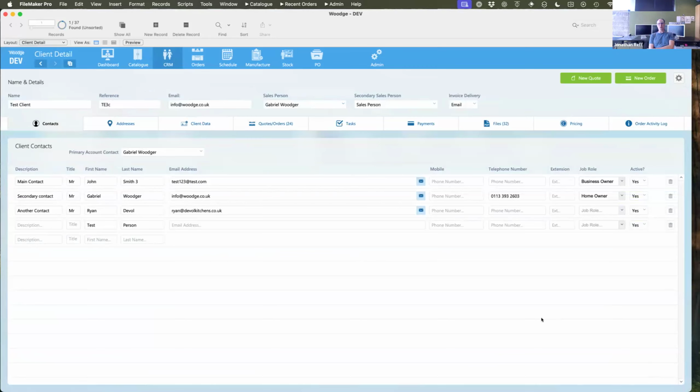There are some downsides of using a web viewer. In the way that you don't get the automatic data federation and updates that you would get in a FileMaker list view. If I go into the CRM and change this client's name, in a web viewer, I'm not going to get that until I refresh. If in FileMaker, you're going to get that. It's going to update automatically as it appears there.